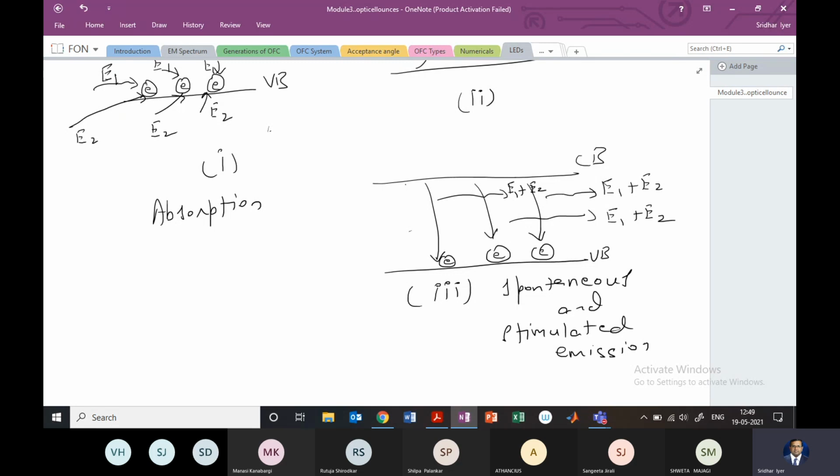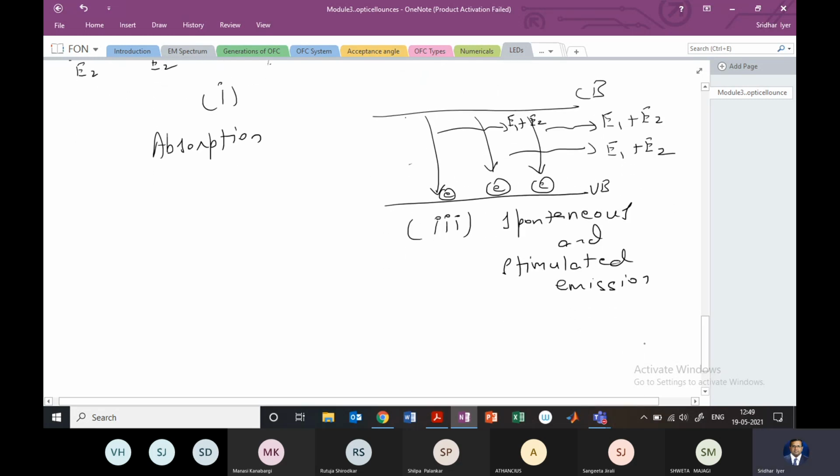Now, how to make this coherent or having the same phase? All that we'll see, and we'll see that there is something which is known as a cavity, which is used in the laser, and this cavity will ensure that the light which is generated through the laser remains in the cavity, keeps getting amplified, and is also in phase with the other lights which have been generated. So that's how laser works, and it gives us a lot of advantages, right? So I hope this working was clear.